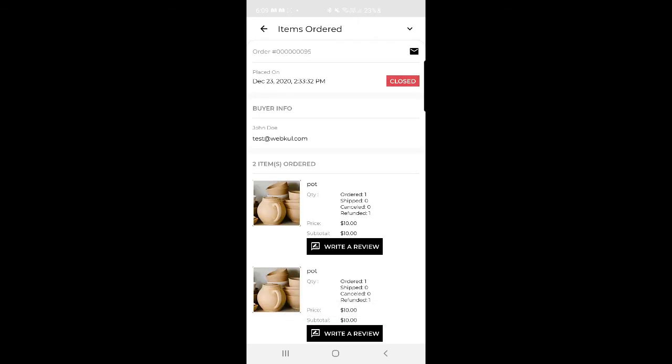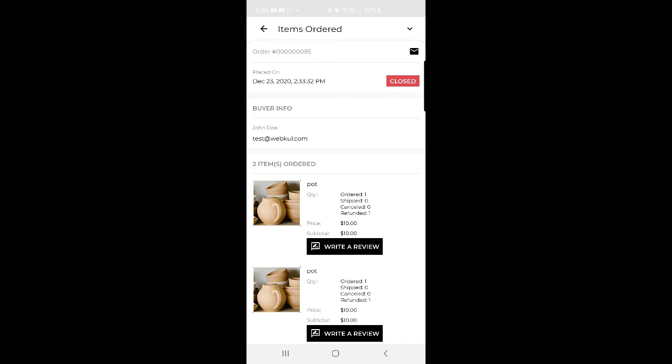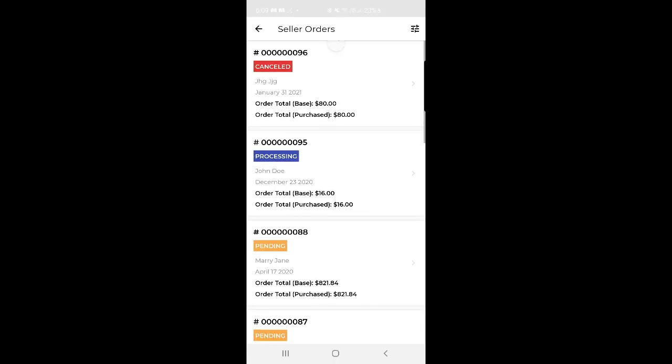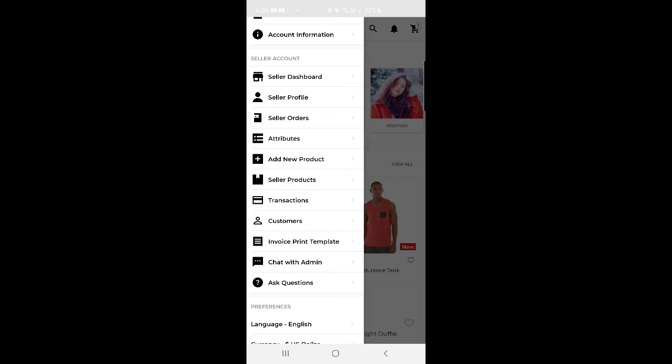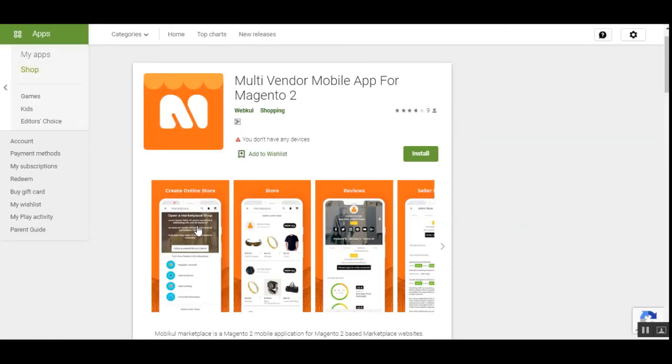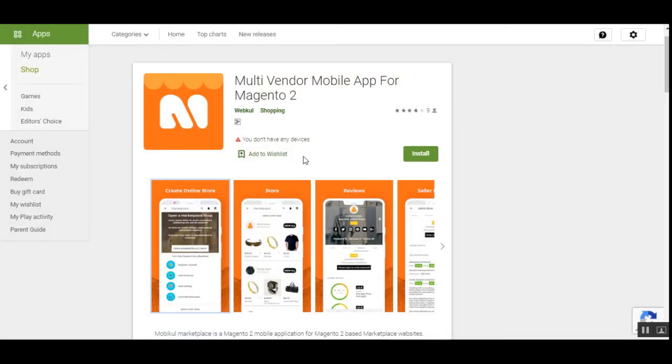So you can see that you have generated the credit memo for this particular order number 95. If I go back and refresh the page now, order number 95 says it's closed because we have generated a credit memo for the same. So that was much about the seller account options within the Magento 2 Marketplace Mobile App by Webkul. That was much about the Magento 2 Marketplace mobile app for Magento 2 platform-based marketplace stores,